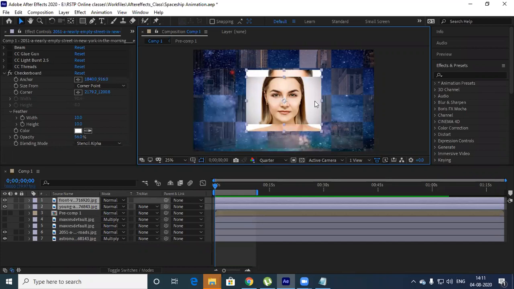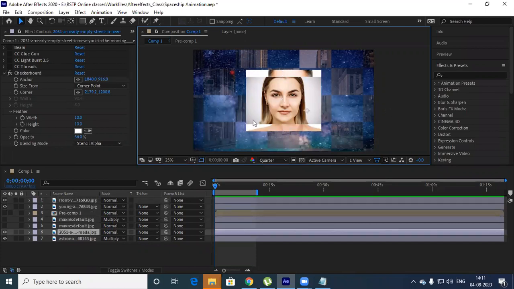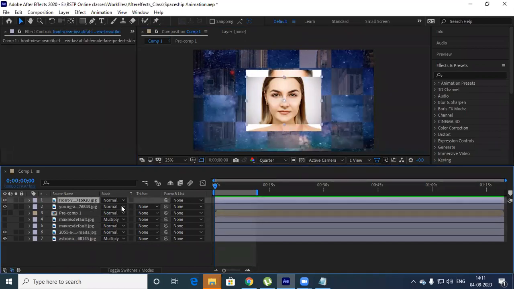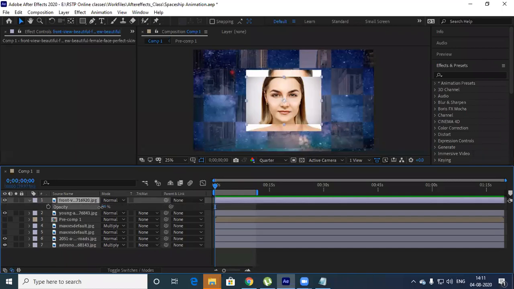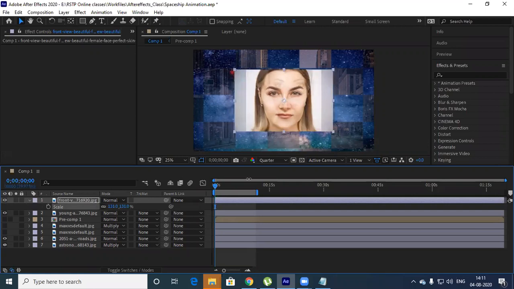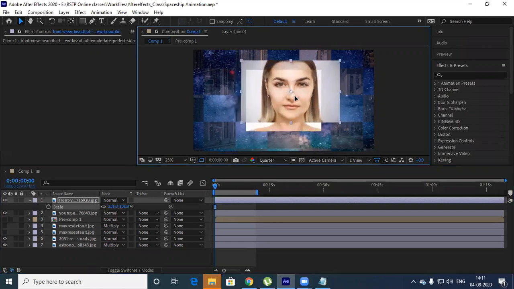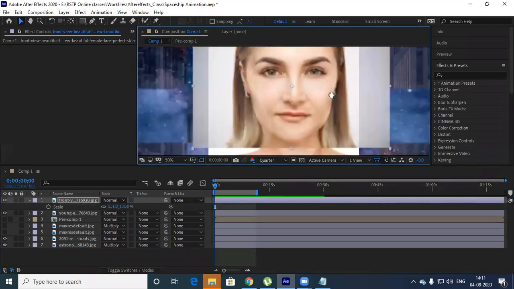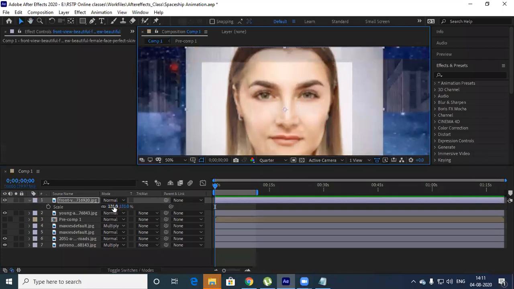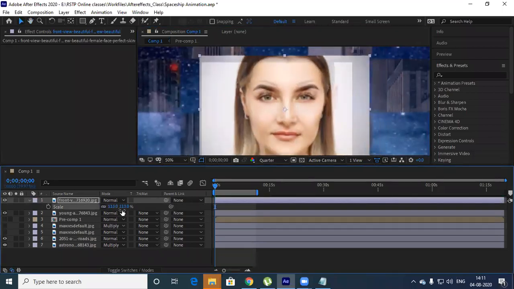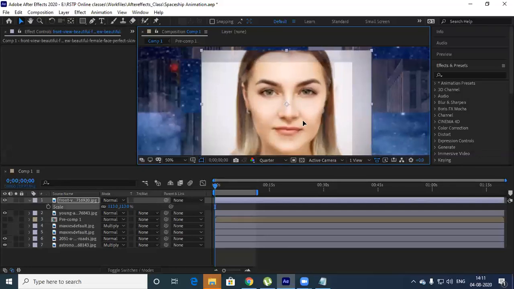What I want is, I'll select the top one. I reduce opacity a little so that I can match this image with the other one. I'm just matching this. Now I want to just match the eyeline. Yeah, now that's cool. Both are matching now.